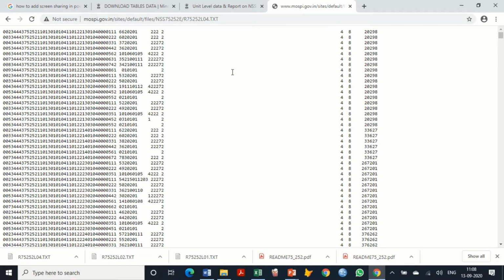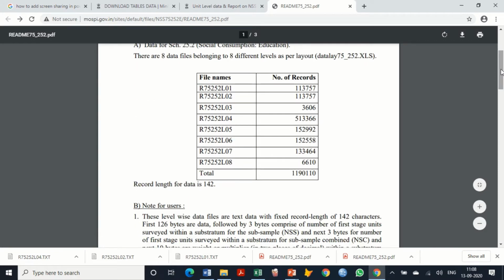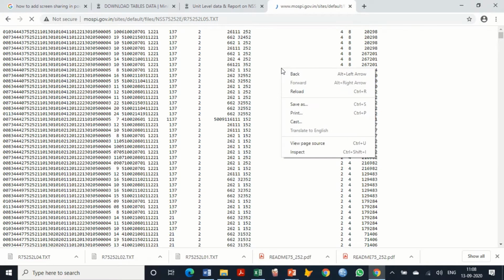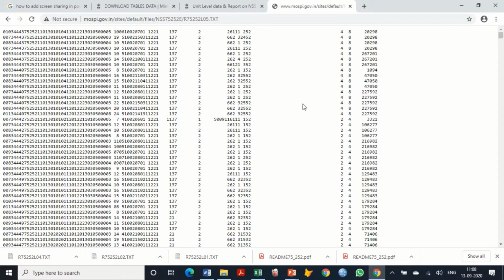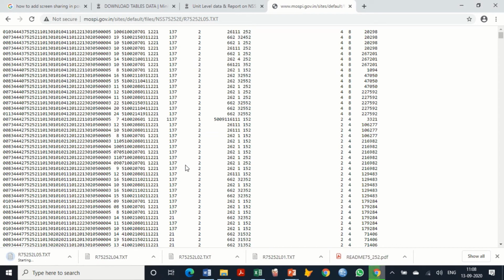We also have to download the schedule itself, because we don't know from the data per se what exactly is available in different places. It is much easier if we download the schedule, see the data items, and then we can easily relate which part is giving what.